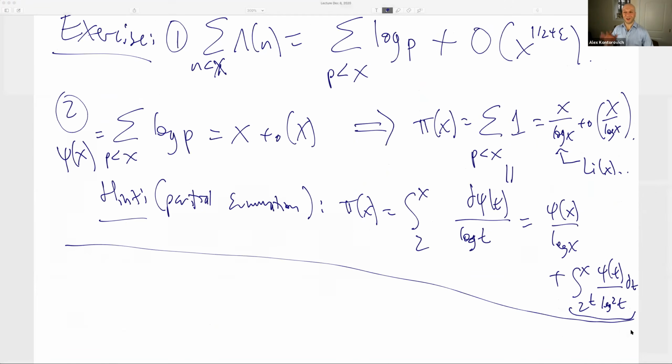I'm sketching the exercise. Knowing that this thing grows exactly asymptotically like x means that you've proved the prime number theorem. So we need to know that this function grows asymptotically like x, has the same asymptotics. Does that make sense? So the last thing we need for the prime number theorem,